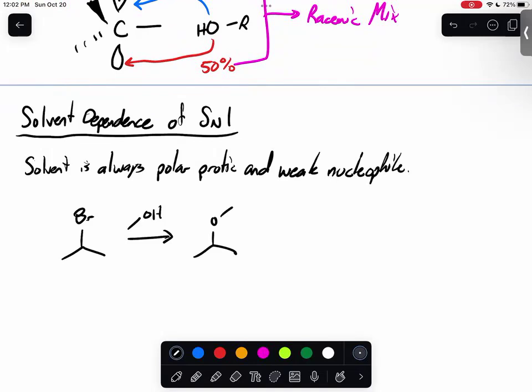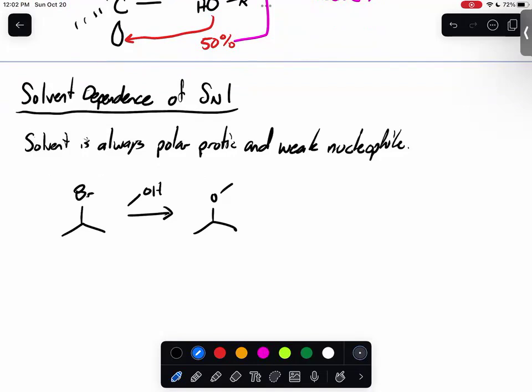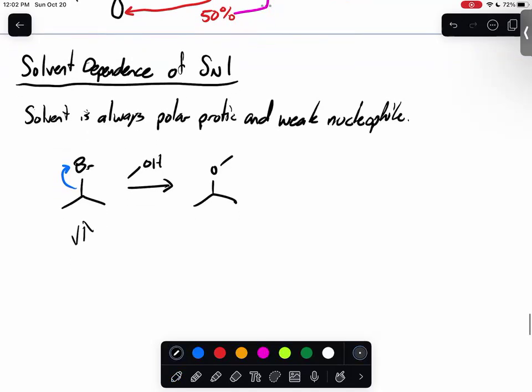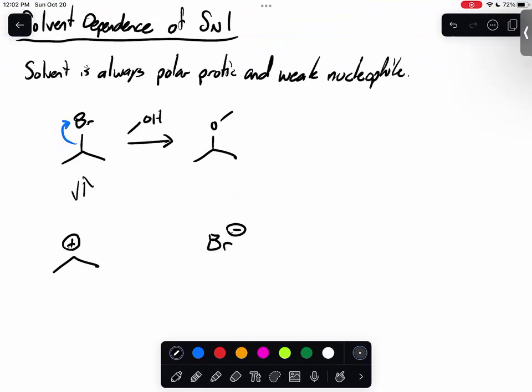Well, the reason for this is the solvent actually also stabilizes the intermediate. And how it does this is when the bromine leaves, right, we end up generating the carbocation and Br minus. But thinking of bromine with a negative charge, we already actually looked at that, sort of. We looked at iodide beforehand and the way it interacts with water. And the way it interacts with methanol is very similar to the way that iodide reacts with water, where all of these methanols have that partially positive hydrogen that can be donated through hydrogen bonding. And so essentially the H bonds are stabilizing